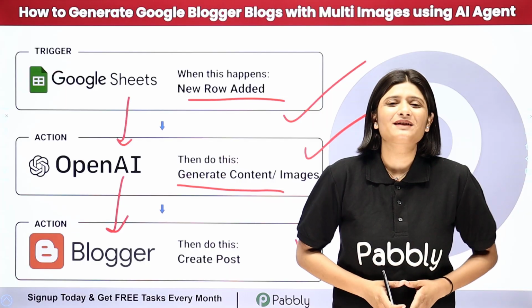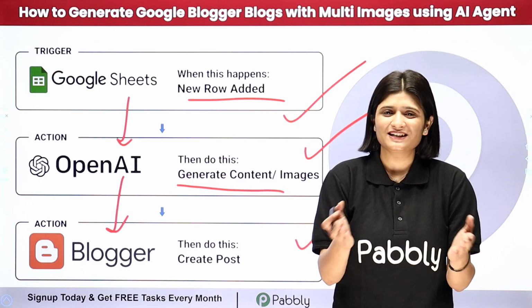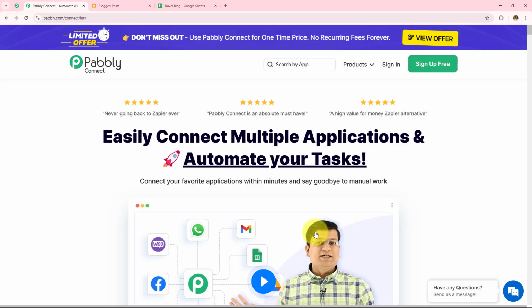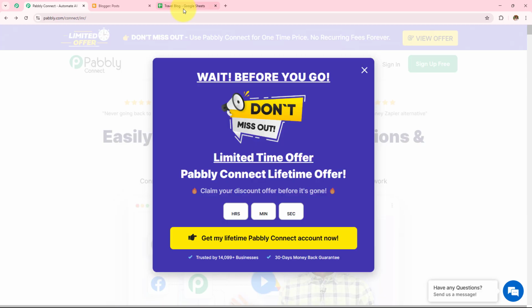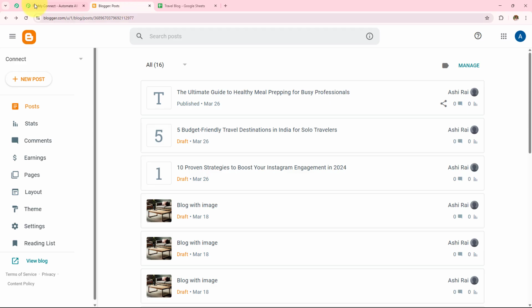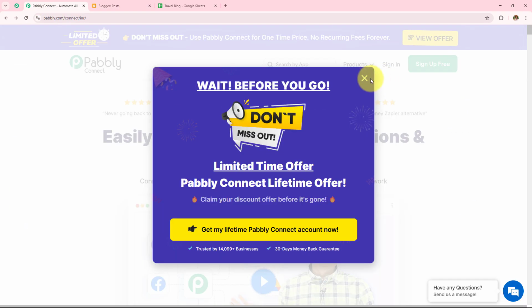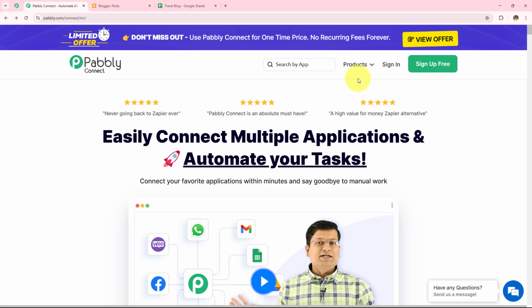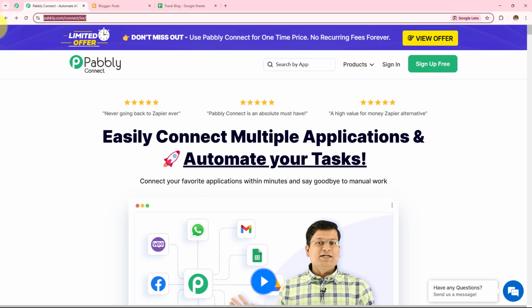Now if you want to learn this amazing automation step by step, then let me take you all to my screen. In this video, we are going to learn how to create Google Blogger blogs with multiple images using AI agent. For this, we are going to create automation between Google Sheets, OpenAI, and Google Blogger with the help of Pabbly Connect. So this is the landing page of Pabbly, and you can visit this simply by typing